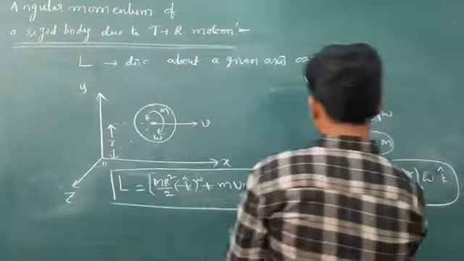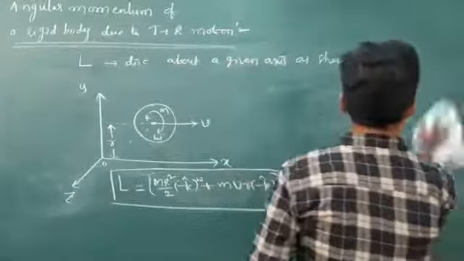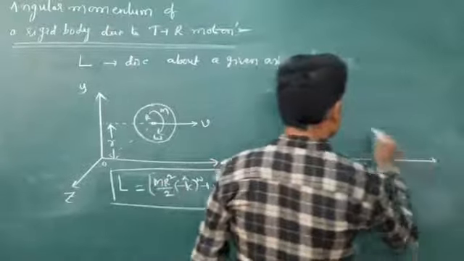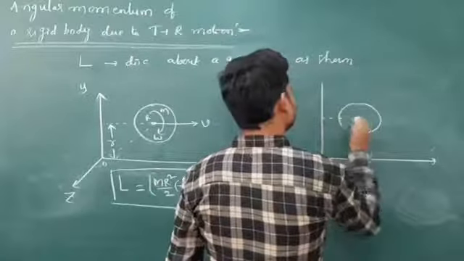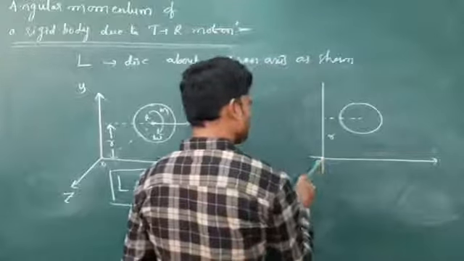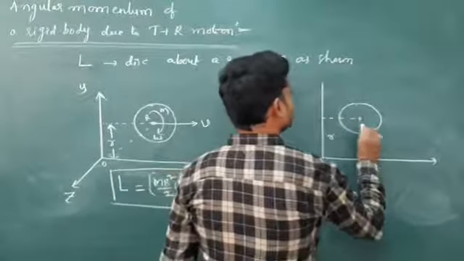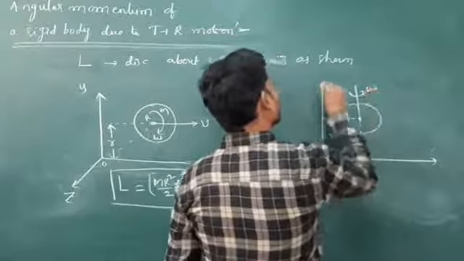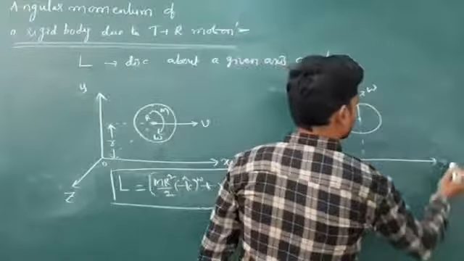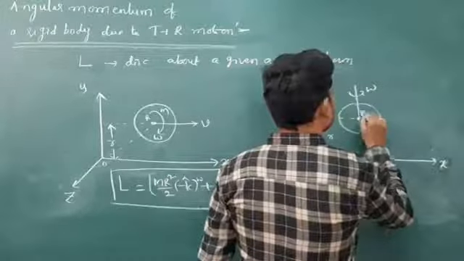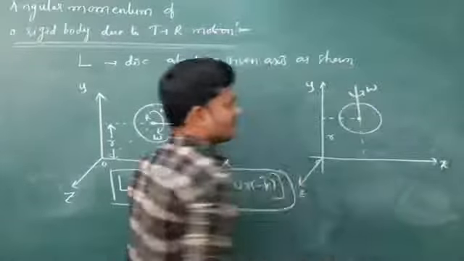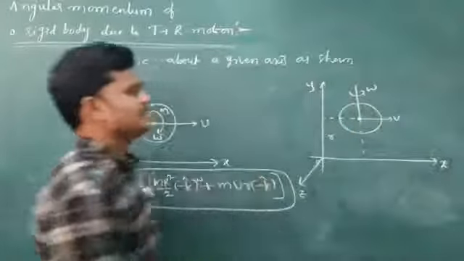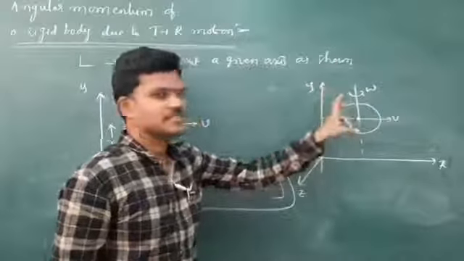Let us suppose this disk is given like this. Now the same question they ask like this. See, this is the circular disk which is at a distance of r from the z-axis, but it is rotating about the y-axis. And see, it is rotating about this axis. Okay, let us see the question exactly. And it will have translational velocity v.